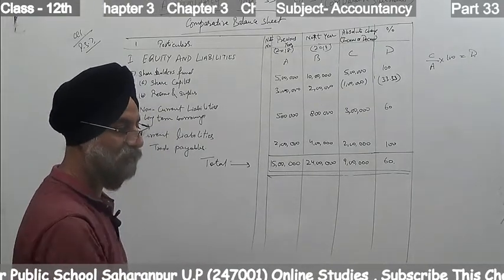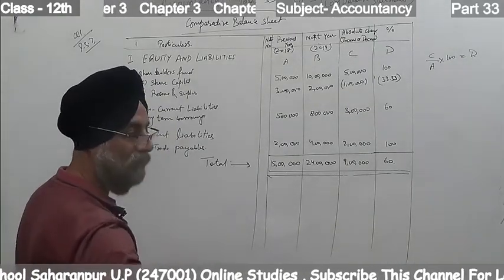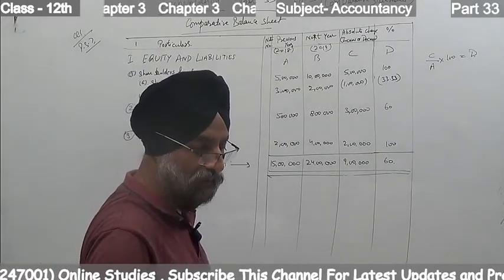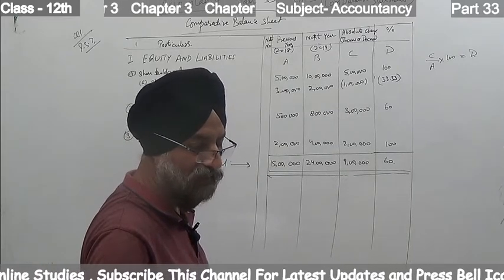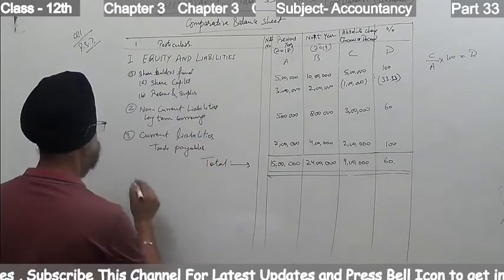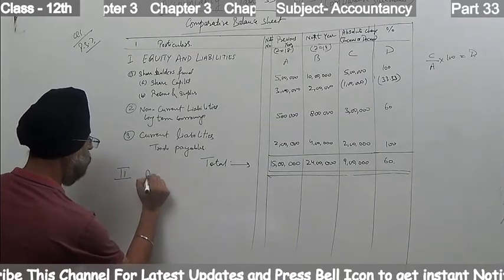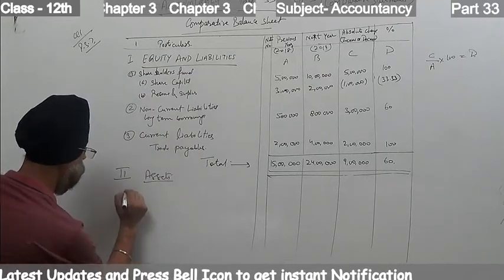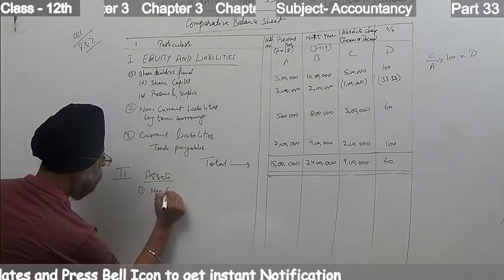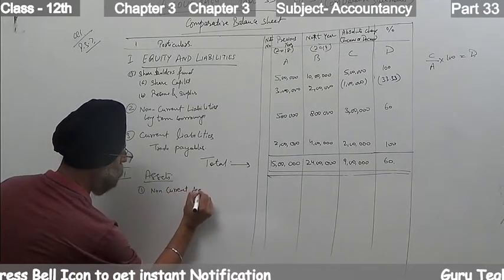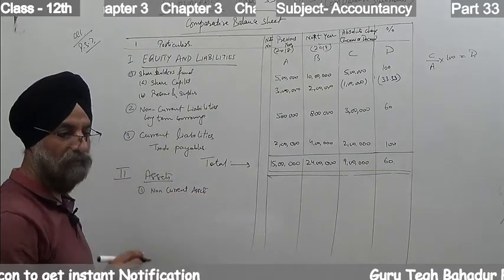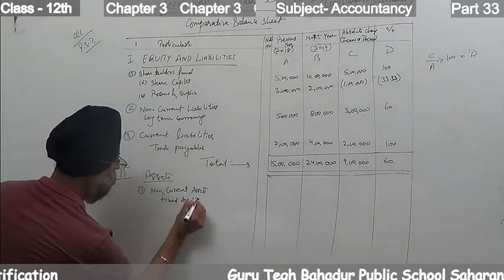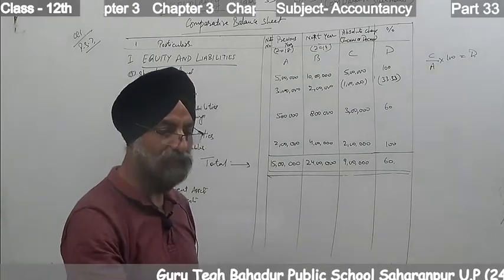In asset side, values are given here. Non-current assets, base year, tangible assets 8 lakh, current year 14 lakh. Second part of the balance sheet, this is asset side. In this asset side, put non-current, first heading non-current assets. In these assets, first one is fixed assets. In fixed assets, tangible assets,